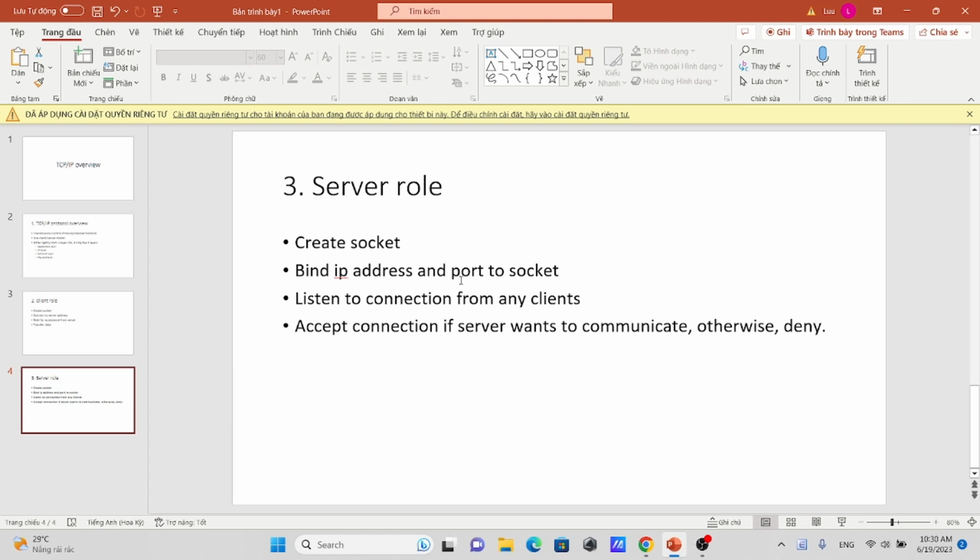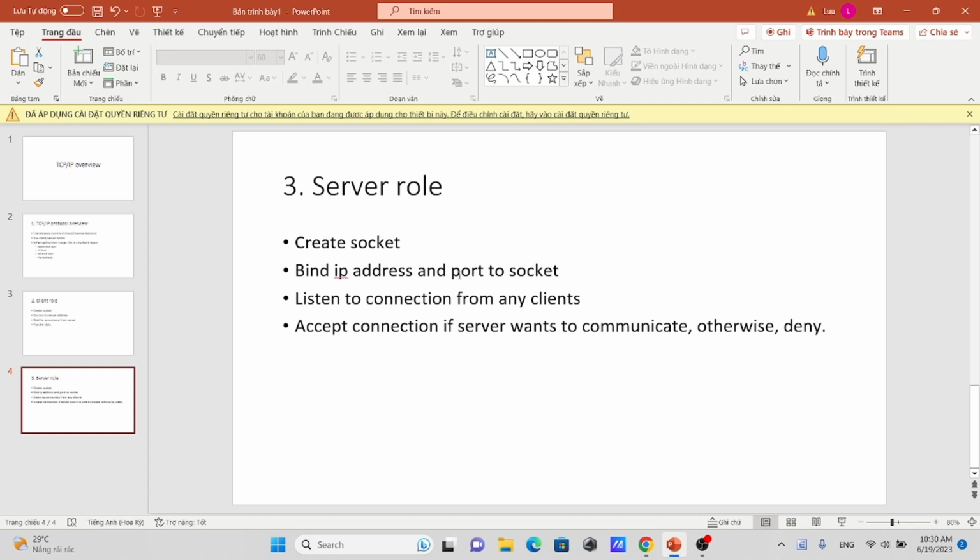After that, the server will listen for any connections from other nodes, and if the server wants to communicate with a client, it has to accept the connection from the other side, and otherwise it will deny. Okay,